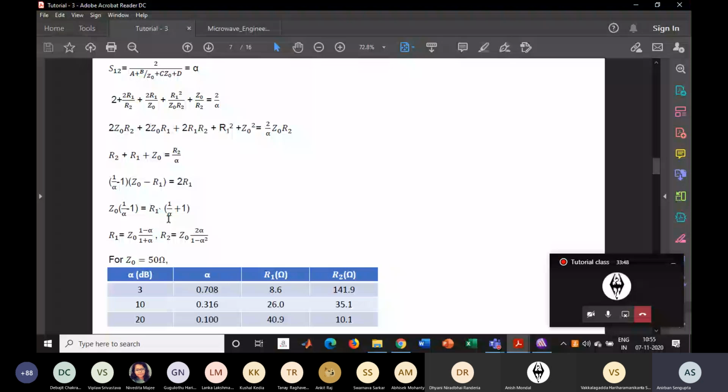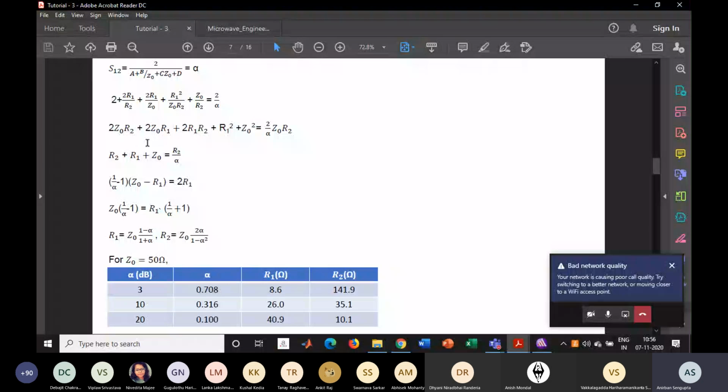R1 equals Z naught into (1 minus alpha) by (1 plus alpha), and put this R1 value into this equation, and you will find that R2 equals Z naught into 2 alpha by (1 minus alpha square). These intermediate steps are avoided, so you have to calculate it on your own, because you will